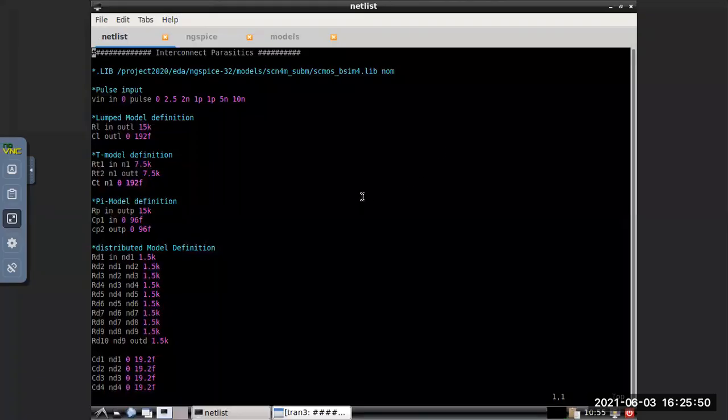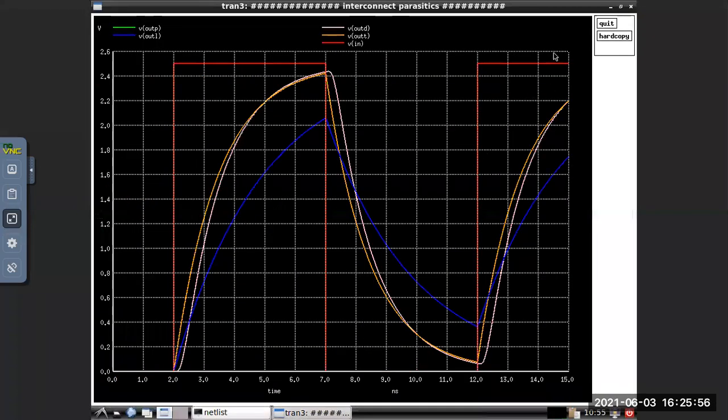Okay, so now you are getting this plot, yes or no? Yes, sir. So the red one is your input, and these are the other plots. The blue one is your lumped model.